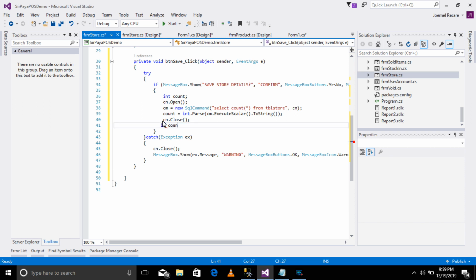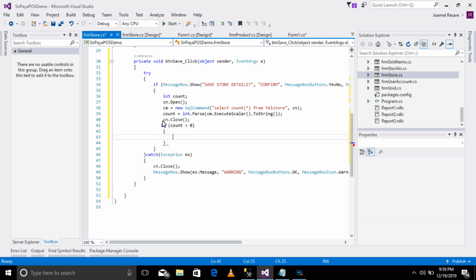If count is greater than 0. So pag greater than 0, meaning may laman, cn.Open, update table store. Set natin si store at store. And then for si address,